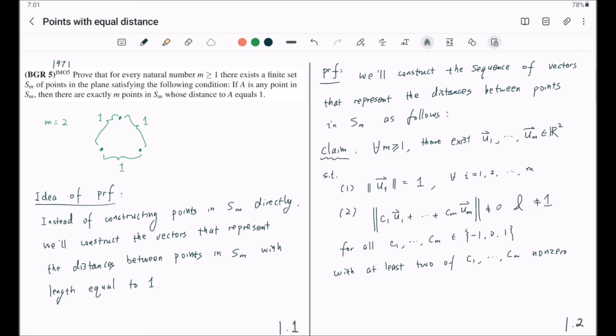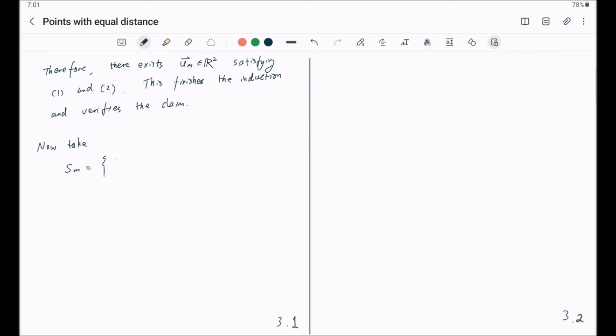And now we are ready to find this S sub m. We'll take S sub m to be those linear combinations. This is clearly a finite set. Now, for each point in S sub m, we're using vectors to represent points. For each point in S sub m, say this is equal to y,